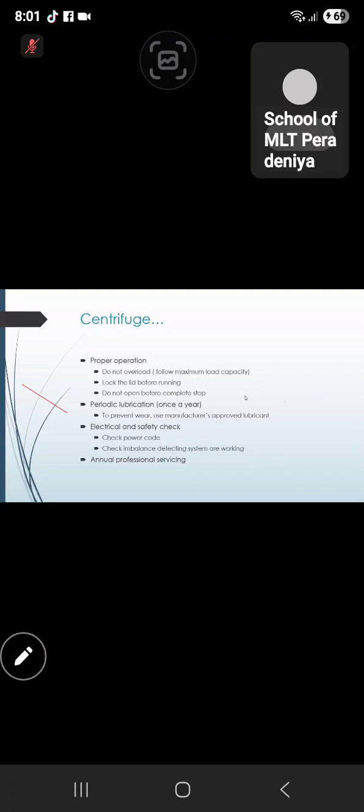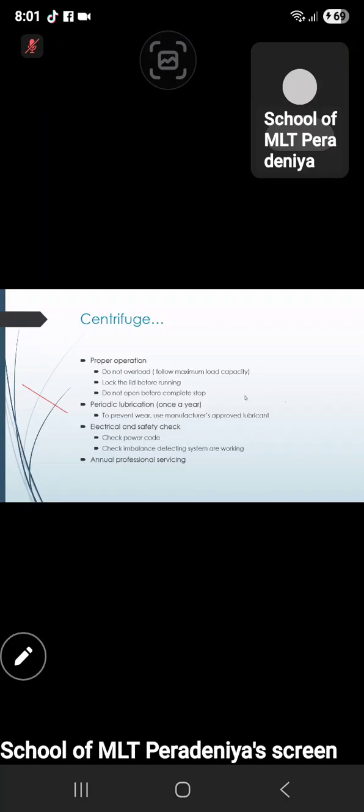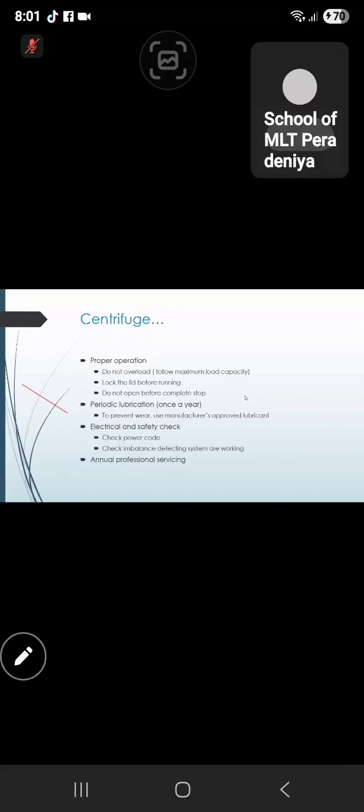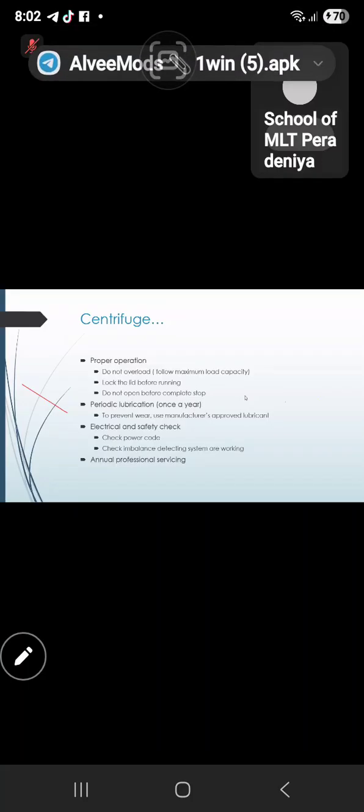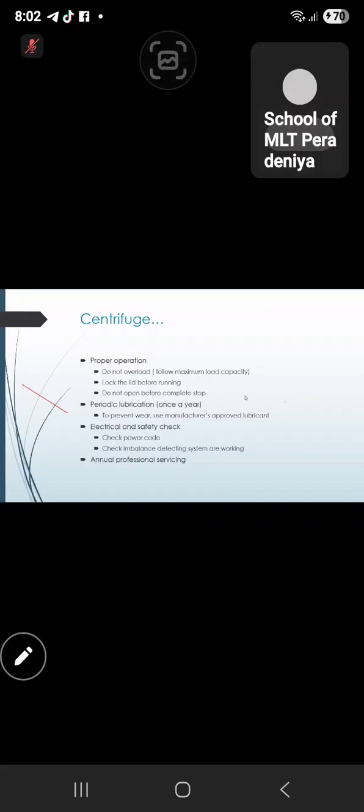And again, the lid should be locked, right? If it is not locked, it will not start. And there are certain centrifuges, when operated manually, which can open even when rotating. That should not be done because the aerosols come out. So we have to wait until